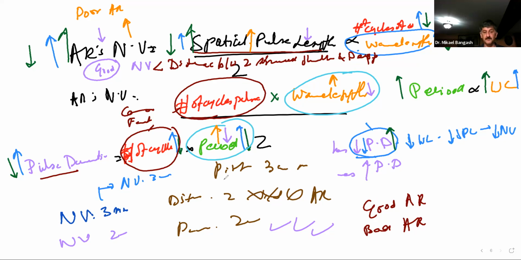So as long as the distance between the structures that you want to view is greater than the numerical value of your spatial resolutions, primarily axial resolution, lateral resolution, and, as we will talk about later on, elevation resolution, if those numerical values are lesser than the distance, it will always give you a good resolution. Clear? But for your axial resolution, please remember, girls,